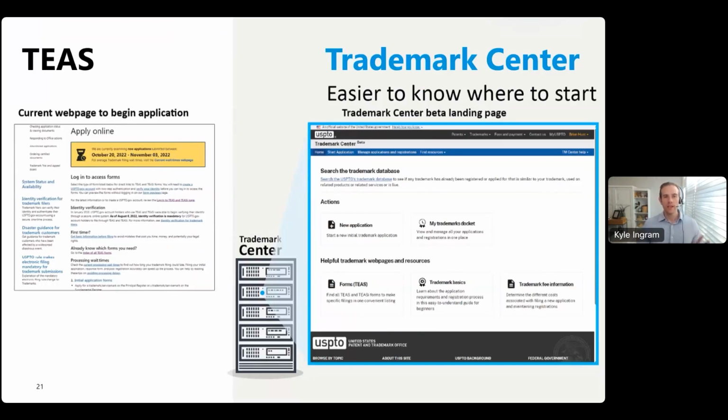And we have some nice illustrations of the differences between TEAS and Trademark Center in terms of visually what they look like. Now, some attorneys, I'll be honest, have characterized Trademark Center when speaking with us as an oversimplification, as, well, there's the USPTO favoring pro se applicants over attorneys. And I just want to reiterate what Matt was saying, in that this isn't the case. TEAS, from a technological standpoint, it was obsolete. We were running out of ways to fix it, to keep it going into the future, and it had to go. And as we've rolled out Trademark Center, we had to start with a very foundational function to it. We couldn't have all the bells and whistles on it out of the gate. We needed to make sure that foundation was secure before we started building all of these additional features onto it